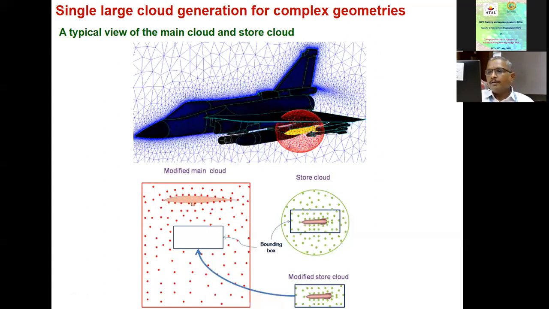Okay, the whole complex process I try to explain in very layman terms or simple terms. You can see this figure you had already seen once. So this is the aircraft, as I said, and this is a main grid for the main parent aircraft. This is a grid for an attachment. So what do we do? I have just shown it in a representative way. Below this, we can see this is a section of the wing, which looks like an aerofoil. So when you take a section, these are the points which you see, which are sourced from the main grid. So let us say there is a body which is below this wing.